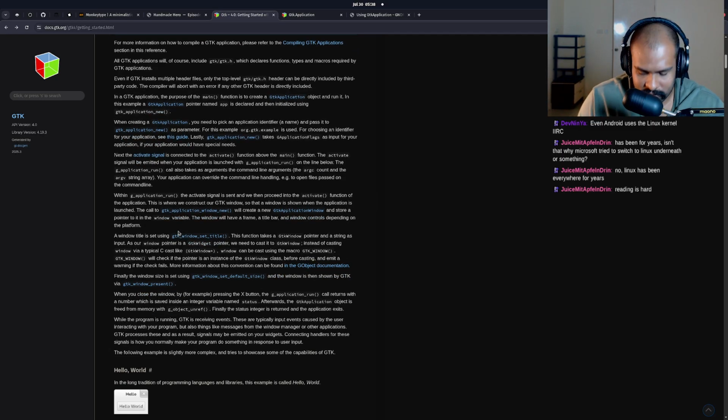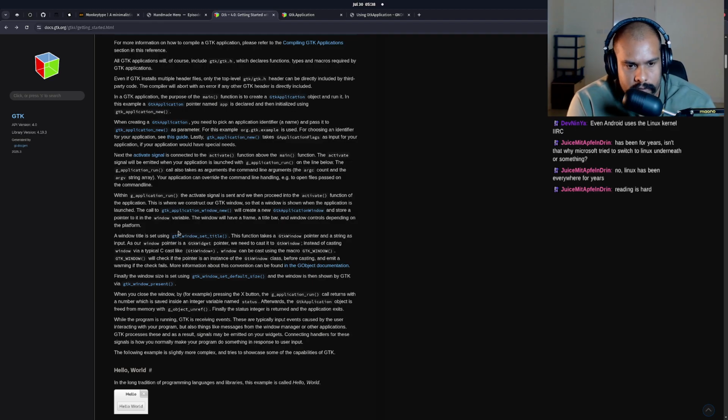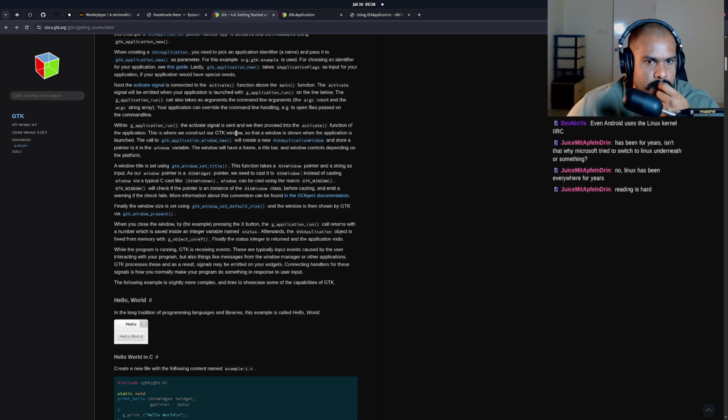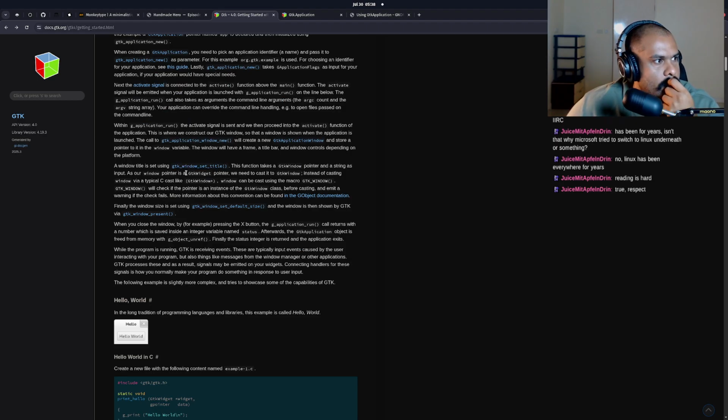There's not a lot of stuff about GTK. I found like one blog post and it didn't prove to be that useful either. Well, I just want to understand the basics and then